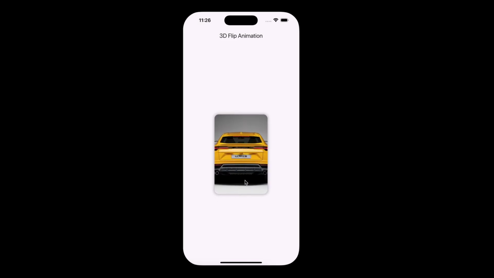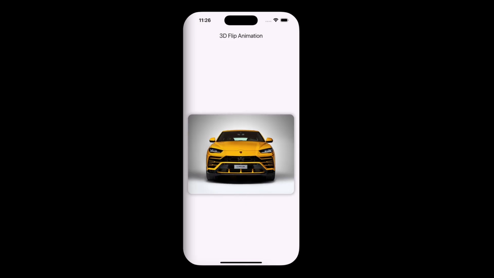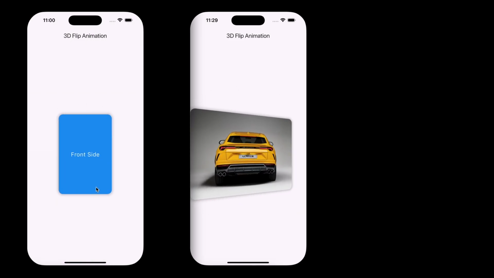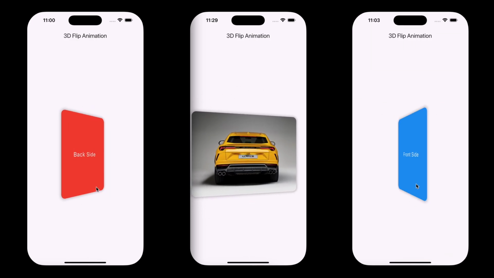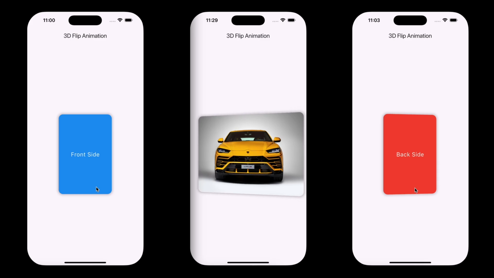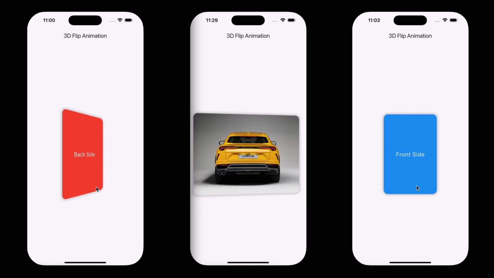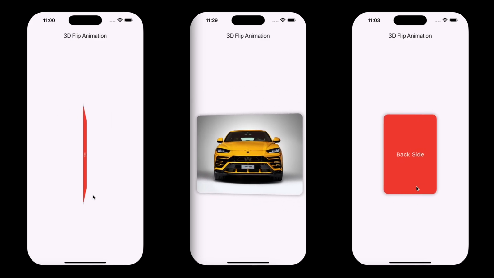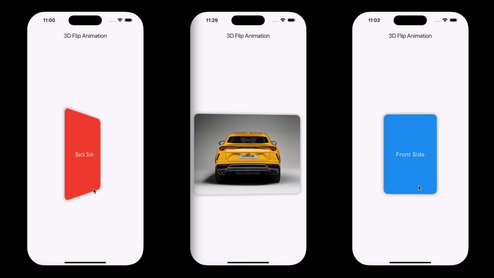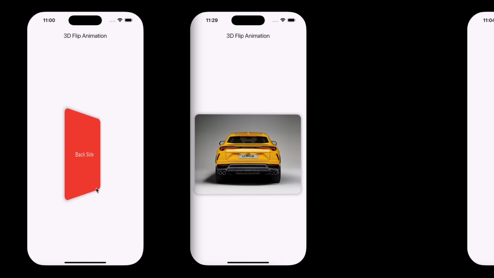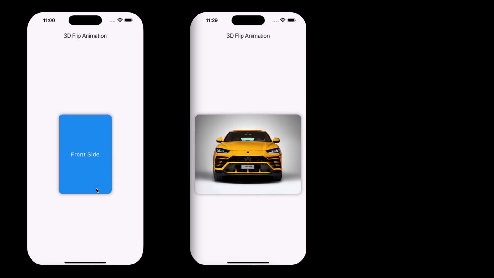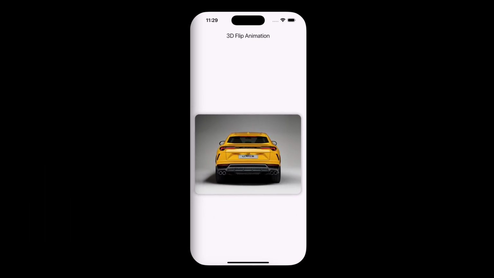Today we're diving into the world of advanced animations by creating a stunning 3D flip card animation in Flutter. Have you ever seen those cool flipping effects in UI designs where a card rotates seamlessly to reveal another side? Well, that's exactly what we'll be building today. This effect is perfect for product showcases, quiz apps, or even game UIs. So, if you're ready to take your Flutter UI skills to the next level, grab your keyboard and let's get